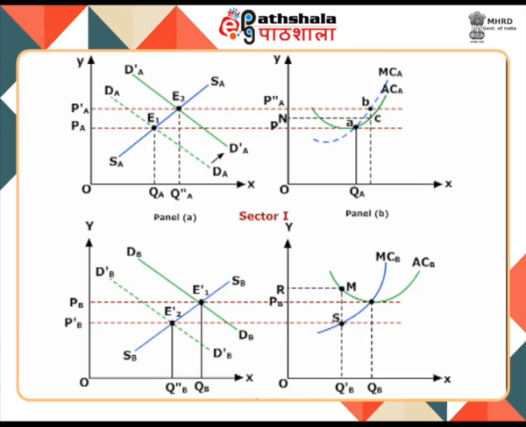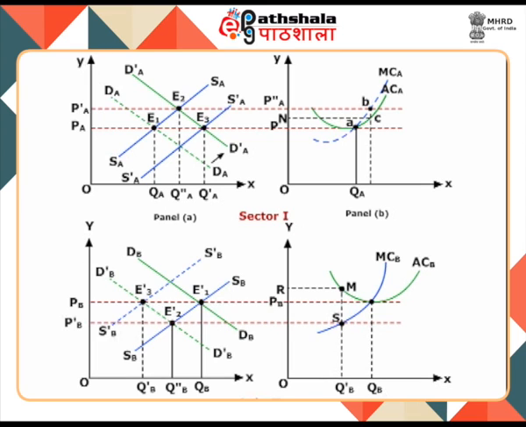to industry A. The process of adjustment will continue till such time a new general equilibrium is achieved in the economy. The new general equilibrium for sector 1 is E3 and that of sector 2 is E-3. Comparing the new state of equilibrium E3 and E-3 with the initial state of equilibrium E1 and E-1, it is clear that there will be change in the resource allocation in the economy.